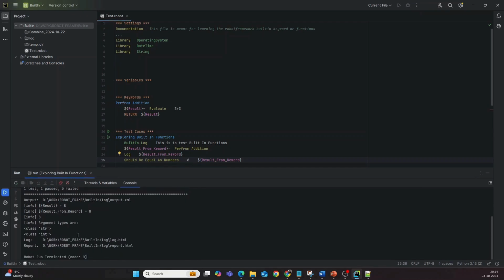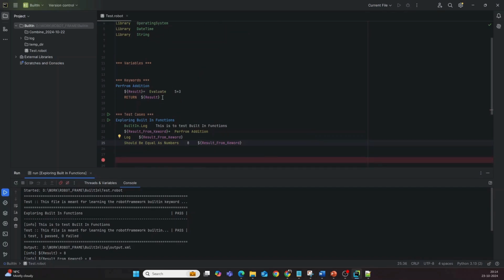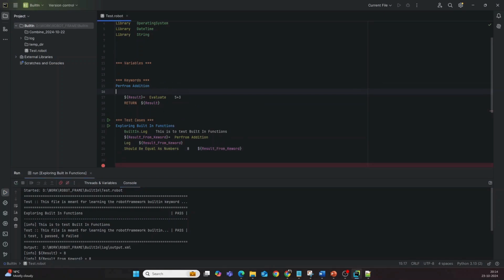See, this test case is passed. Now I want to basically convert this keyword into a little bit more generic way so that it can take two input parameters which are of type integer, the numbers, and then it performs the addition operation on them, right? How to do this? For this we will have to use